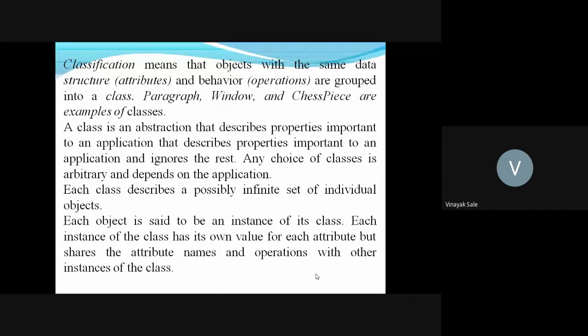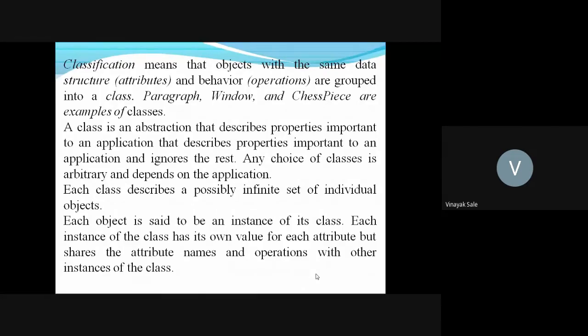So what is a private part and what is a public part? The properties which contain the same data structure, same attributes, same operations are grouped in a single part, which may be either private or public. Similarly, the same data structure, behavior, operations are grouped in a class. That is classification. That means cluster.